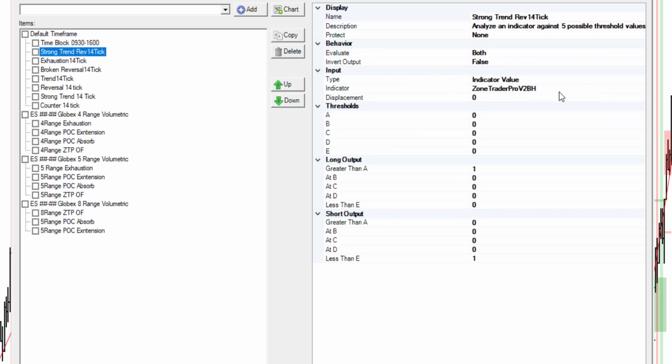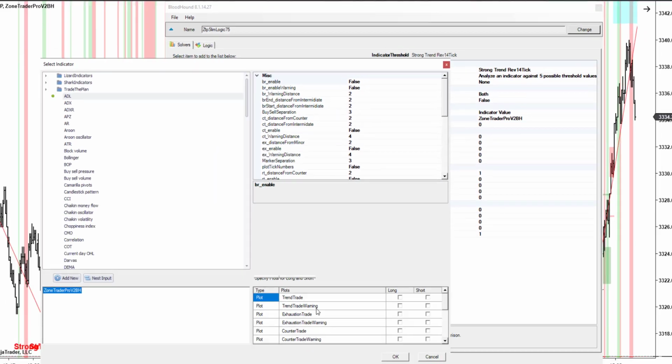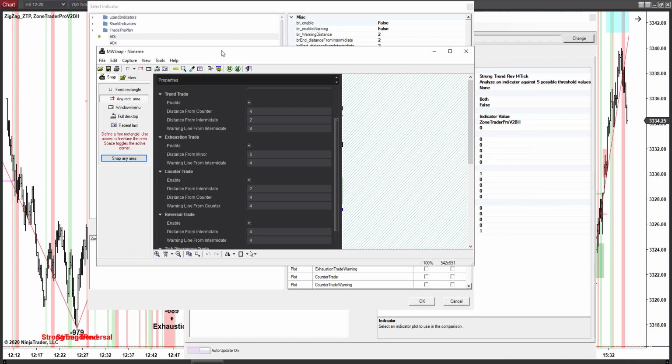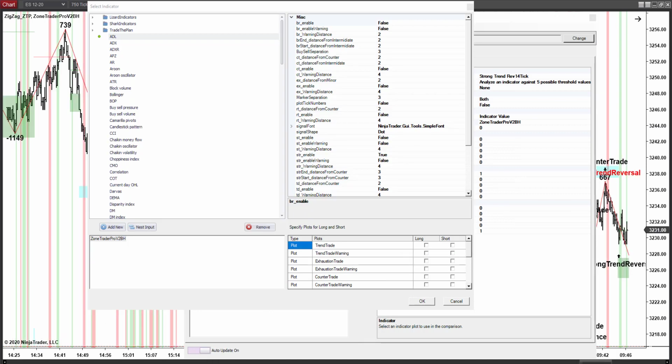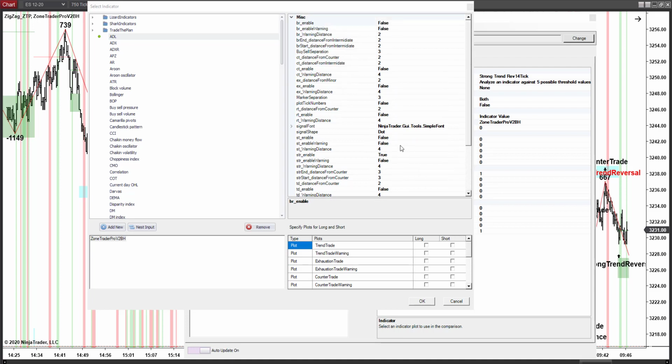So we're going to highlight it, and then we're going to come to indicator here and bring it up. This is the reason I made my screen grab of all of my settings right here, so that I don't get anything wrong. And one of the other things that I've done is that because the shark indicator's BloodHound indicator is an indicator running inside of an indicator, I've changed all of the enableds to false,